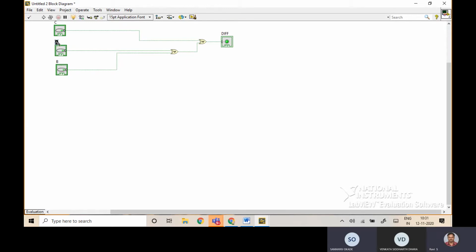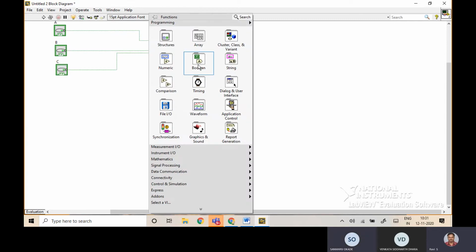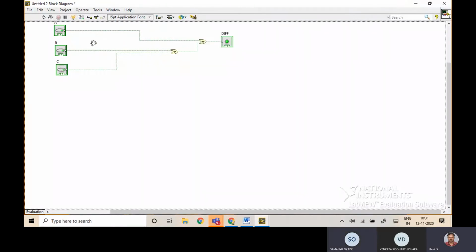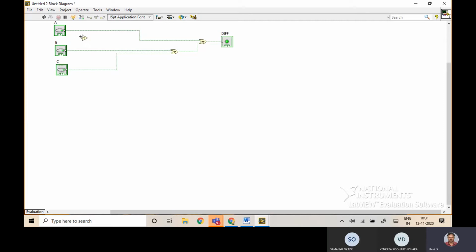Yeah. So I'll do one thing. I'll make this input as B, C, and I'll make my top variable as A. Right now I'll connect one inverter to A, correct? So I'll go to Boolean and take one NOT gate. NOT is ready. Now pass the input into A and take this output, A bar, and keep it here.